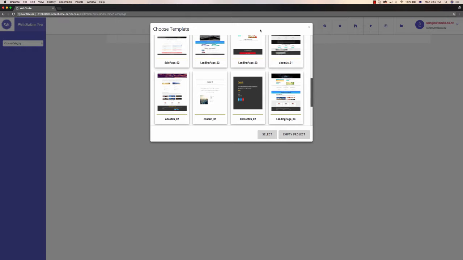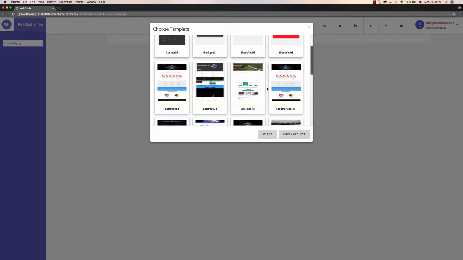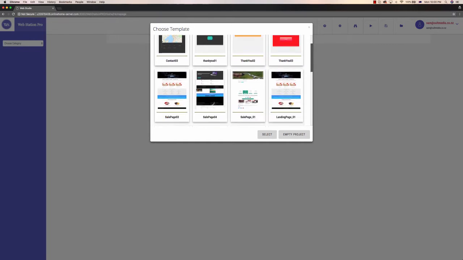It's a brand new software that allows you to create websites right within your browser, that you can then export in HTML, upload to your server and have them hosted. Or alternatively, you can connect it right with your cPanel and have it update them automatically right from the software. Now, the benefit of this is you're able to build a website without needing any external program, without needing any software on your computer, and they all come with a whole bunch of templates that you can choose from to